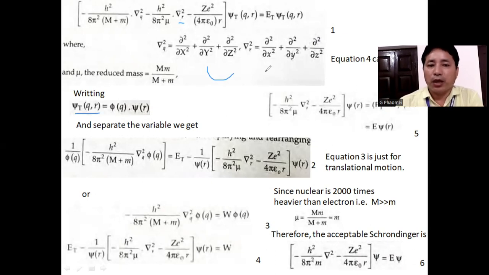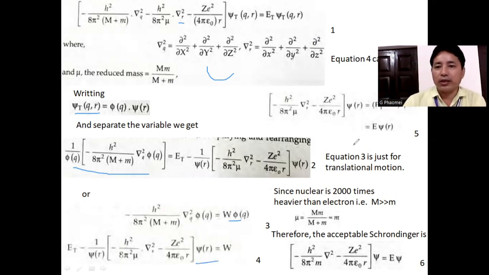So we can easily separate these two parts: one side is the function of the q part and one side is the function of the r part. If we equate the function of the q part to a constant, that means W, then we can write this as given here. So if we rearrange this,